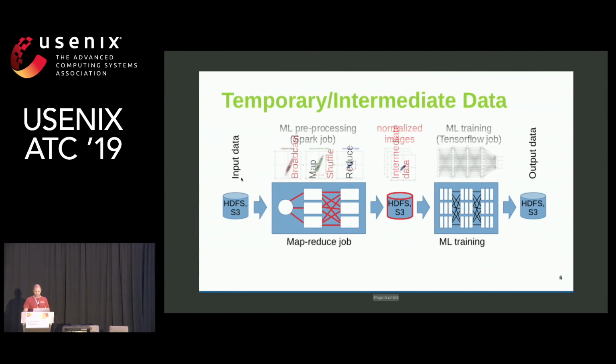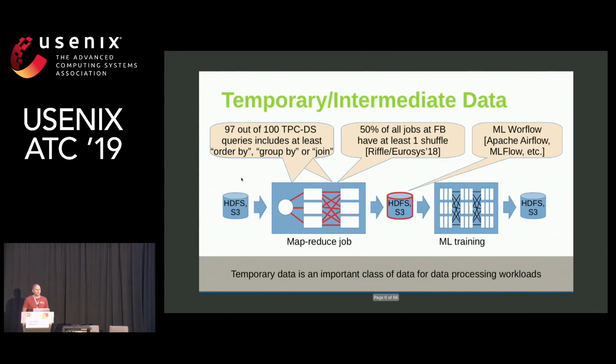Think about a machine learning workflow where your training phase is operating on pre-processed data that has been computed by a MapReduce job. That pre-processed data, just like shuffle data or broadcast data, has a limited lifetime bound to the duration of the workflow in this case. So it turns out that temporary data is in fact an important class of data. 97% of